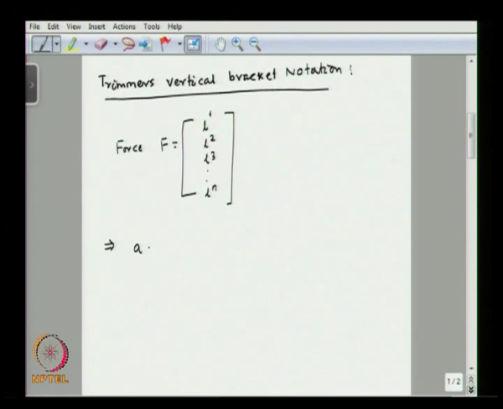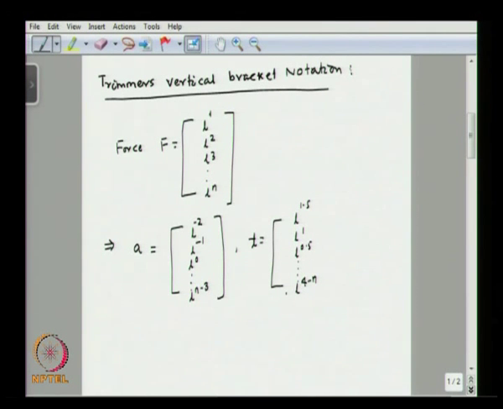Scaling for acceleration is going to be L to the power minus 2, minus 1, L to the power 0, L to the power n minus 3, and similarly the scaling for time is going to be L to the power 1.5, L to the power 1, L to the power 0.5, to L to the power square root of 4 minus n,